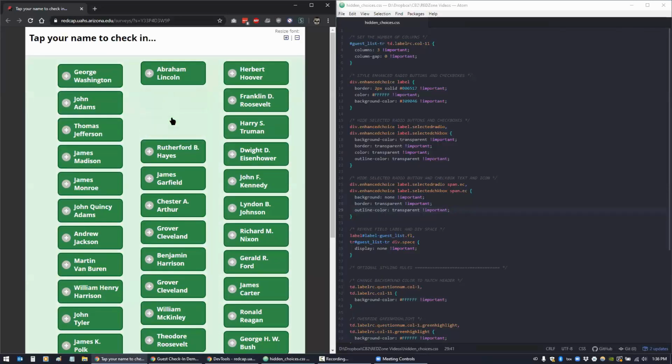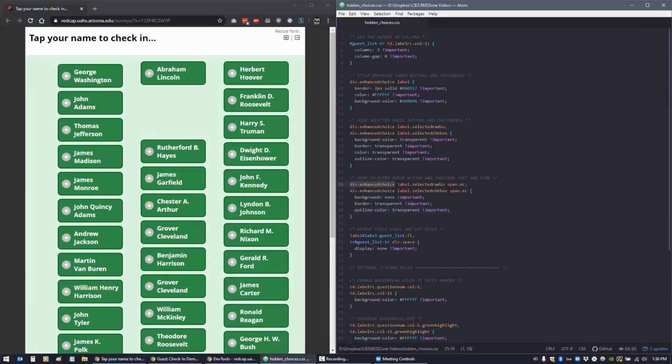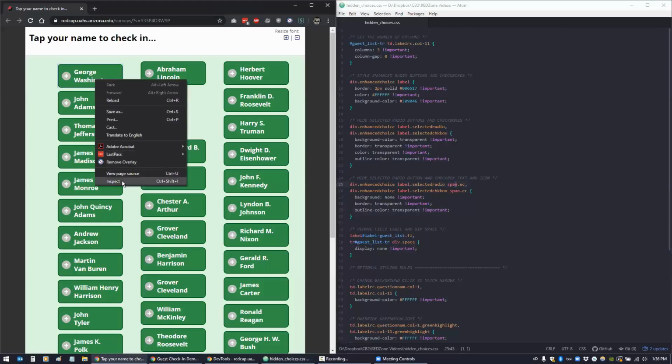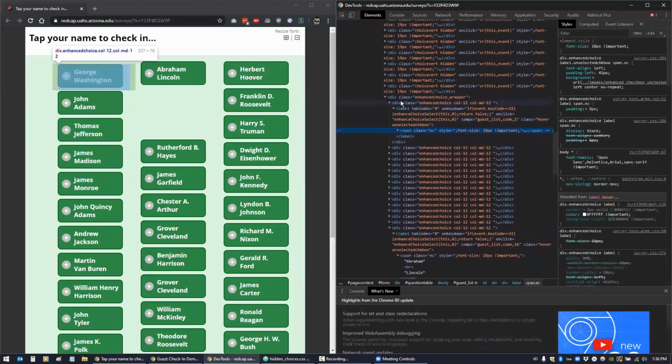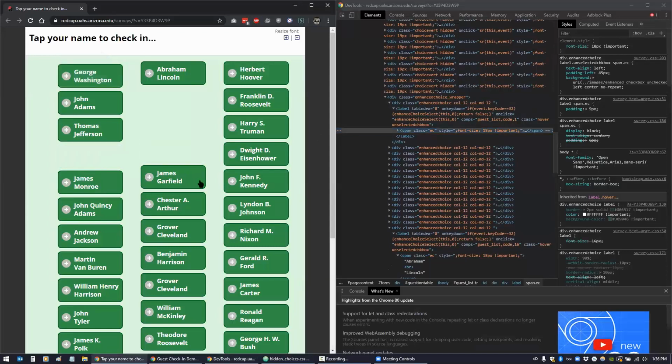So basically there's a div container, this enhanced choice container, and within that div container there's a label, and within that there's a span, and the span is where the text is being stored. If we hover over this, you'll see there's a div that's the entire block. The label is just the inside part, and then the span inside of that is the image and the text. So you have to have rules that specify each one of those elements if you want the entire thing to disappear. And that's basically it